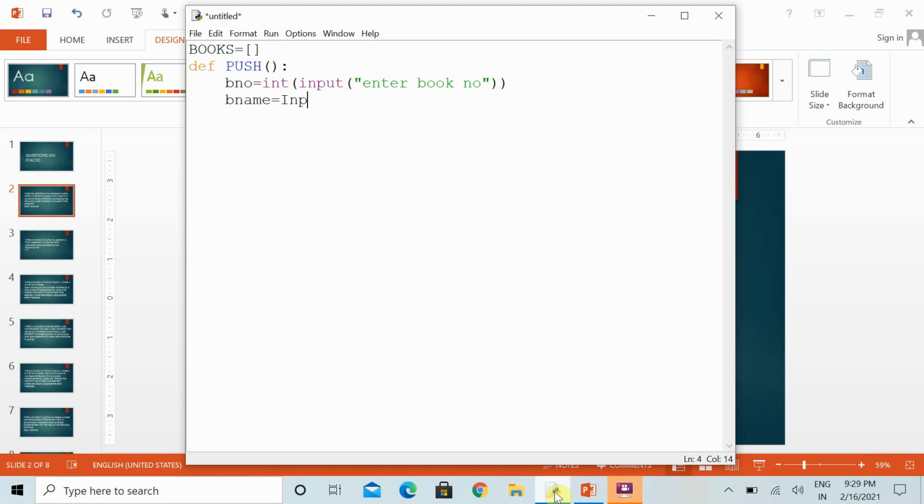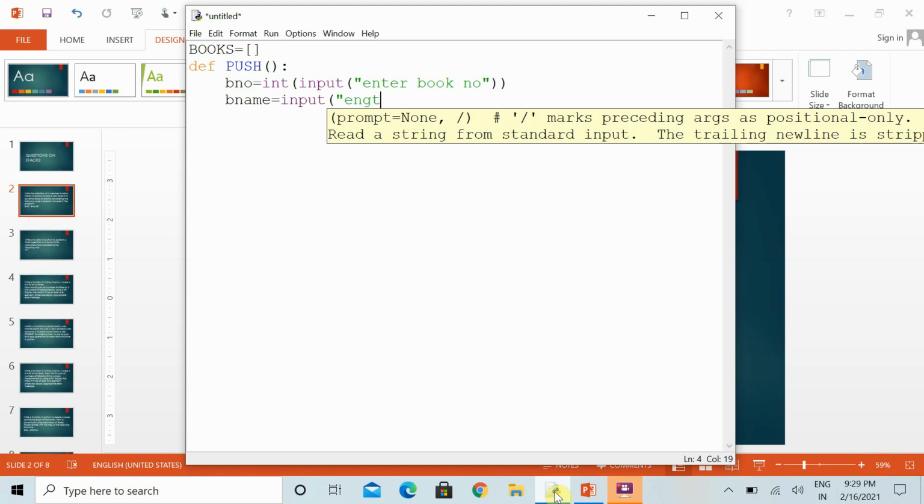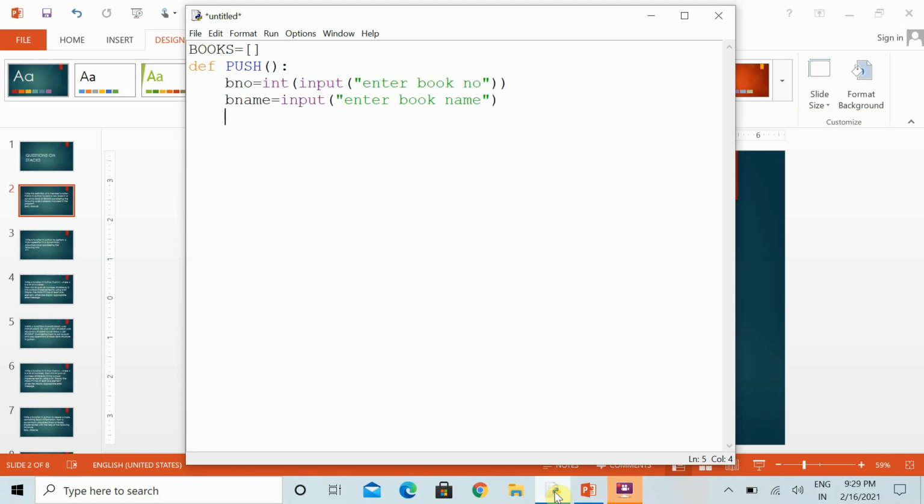And we know that when we are taking a number type of entry, normally we use the int function, and when we are taking a character type entry, we use the normal input function. In the previous video we discussed that when we have to add multiple entries into the list, we can use the append function. We also discussed why we are not using the extend function here, and why the append function is used. This is the answer to this question.